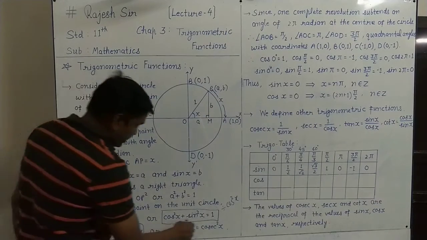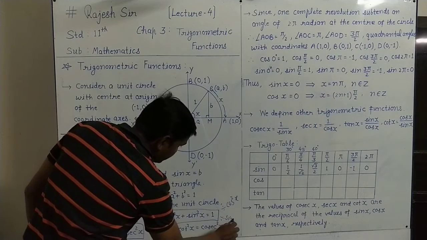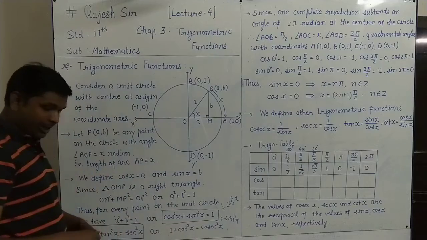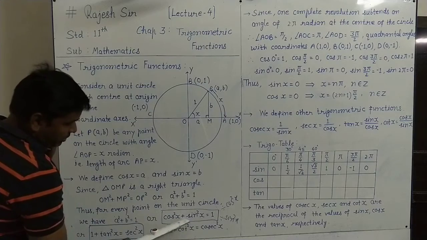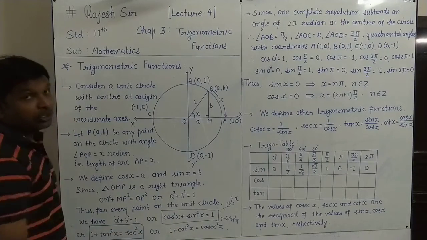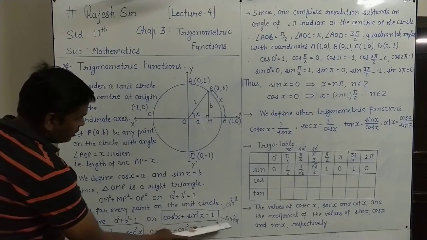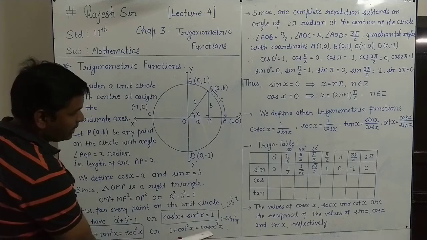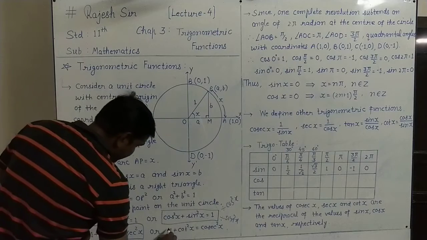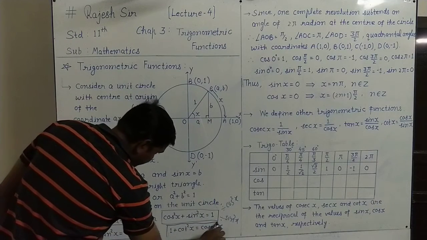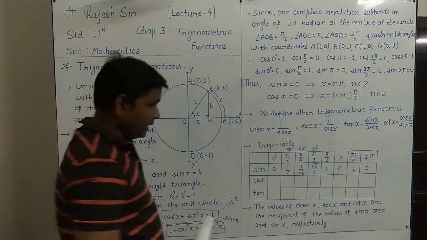Now the same first result, cos square plus sin square equals 1, if you divide it by sin square x, what happens? Here you have sin square upon sin square 1, plus cos square upon sin square will be cot square, because cot equals cos upon sin. So 1 plus cot square equals 1 upon sin square. Again, 1 upon sin means cosec x, so 1 upon sin square means cosec square x. So this is also the third identity that we were seeing, and we were memorizing this. But now we have the reason why we are taking these identities.